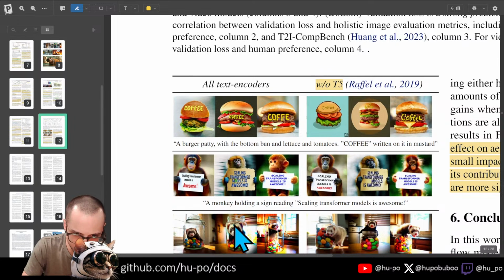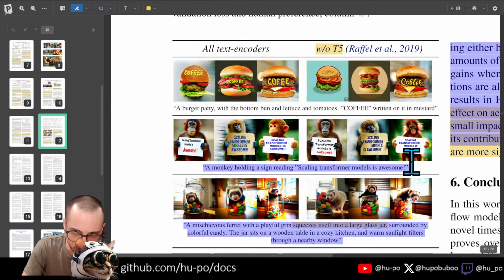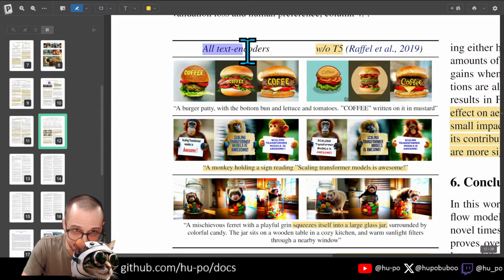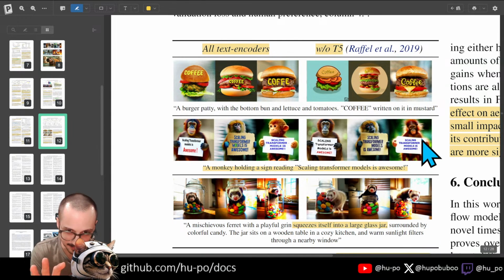So look at that. Here's a monkey holding a sign, reading scaling transformer models is awesome. If you use all 3 text encoders, right, the full ensemble, no dropout, it's perfect. The spelling is perfect. If you get rid of this T5 text encoder, it now makes mistakes. You see here, transformer, it misspells transformer. So that's pretty cool, right? That you can literally see here in this example how that specific text encoder, the T5, is adding this capability of spelling correctly,